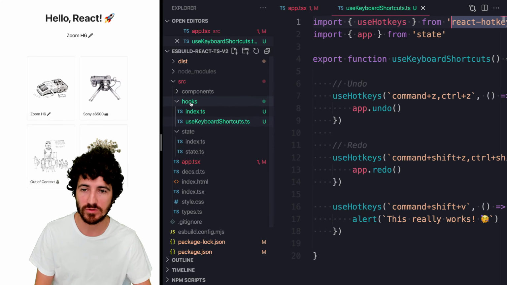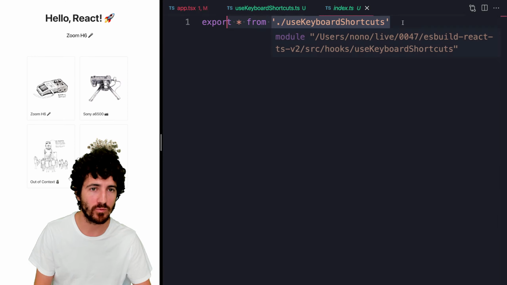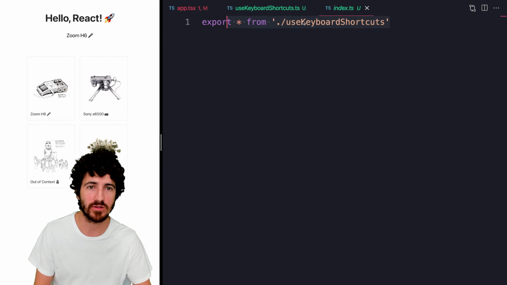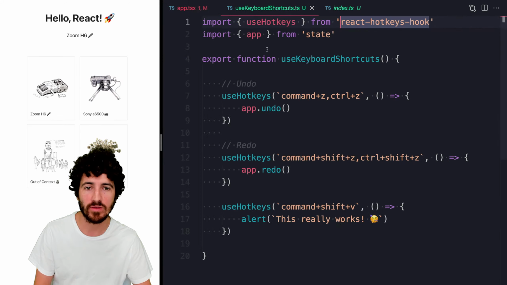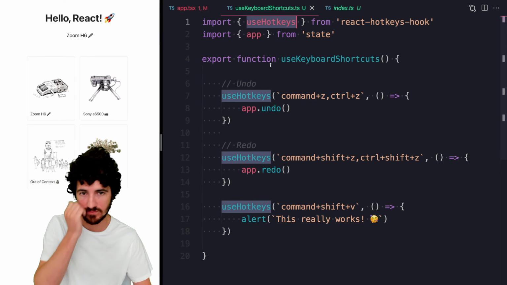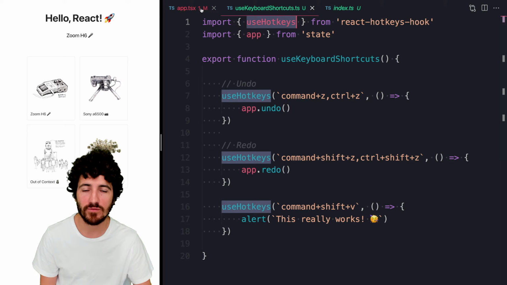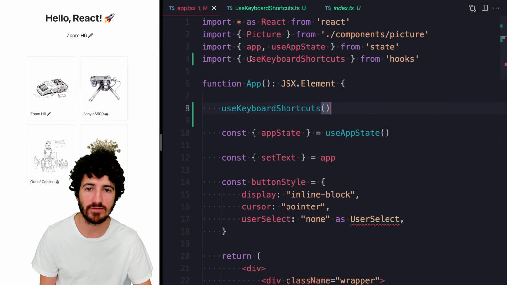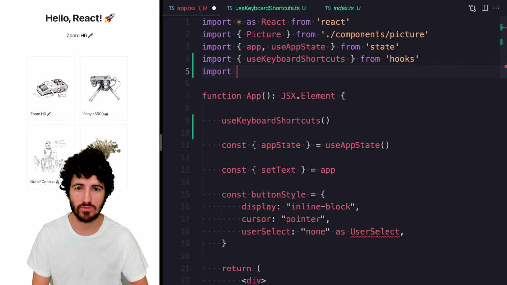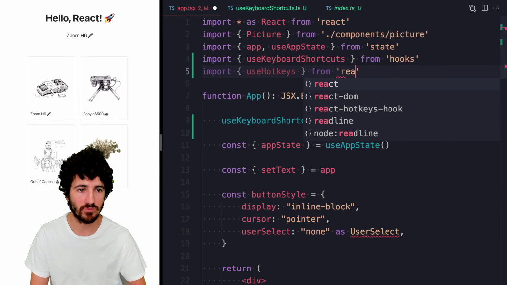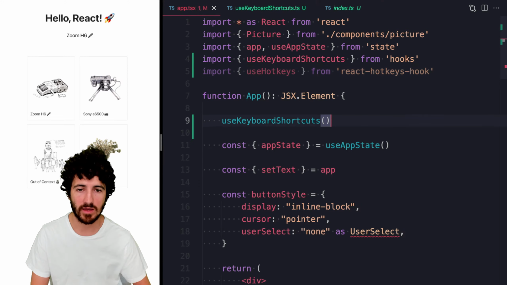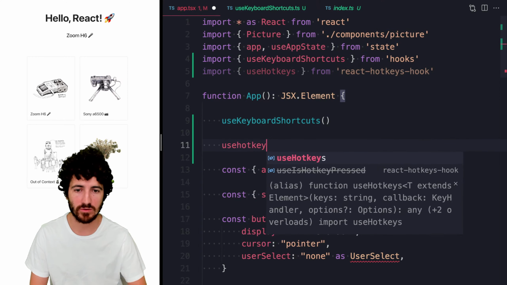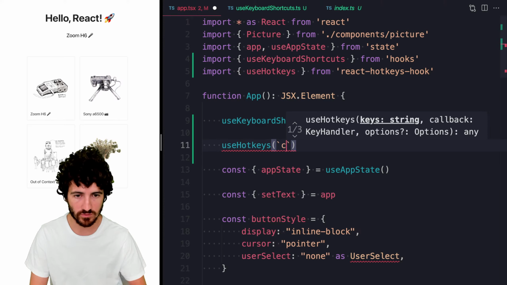We created this hooks folder from which we export use keyboard shortcuts, and then we defined our keyboard shortcuts hook directly using this use hotkeys hook. I believe that we could have used hotkeys directly from here. So you could do here use hotkeys from React Hotkeys Hook, and we could have done here use hotkeys,